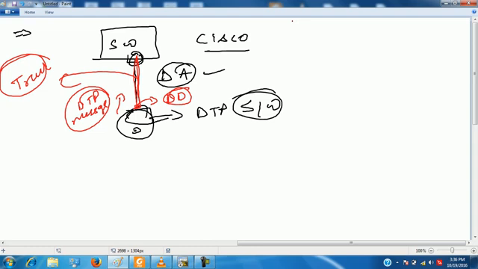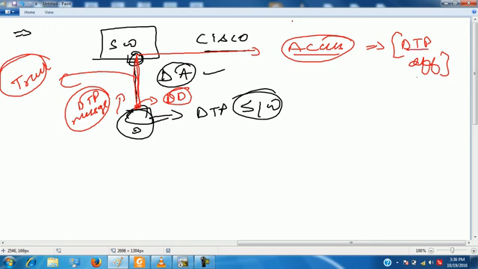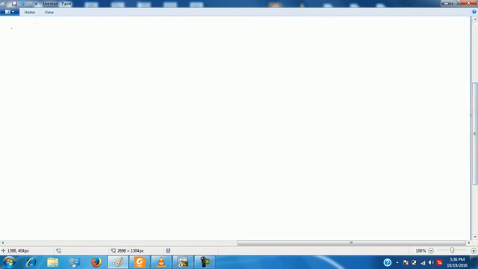So we have to prevent this problem. So we have to avoid this problem. How? I will configure the port as access. So when you will configure the port as access, DTP will be off. If DTP is off, no negotiation of trunking will be there. Clear? So all the ports where users are connected, you have to configure them as access. If someone asks you the reason, give this reason. That there can be a chance that user can negotiate trunk with the switch. How? By installing a software on its end. Clear? Next thing.